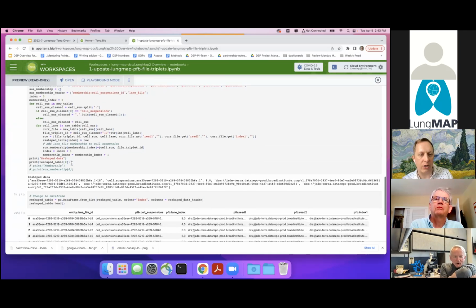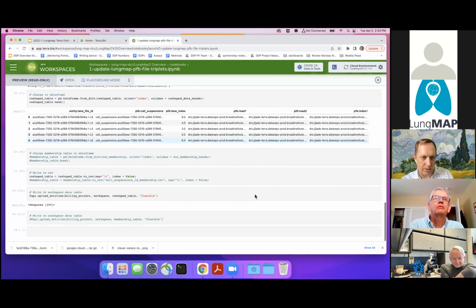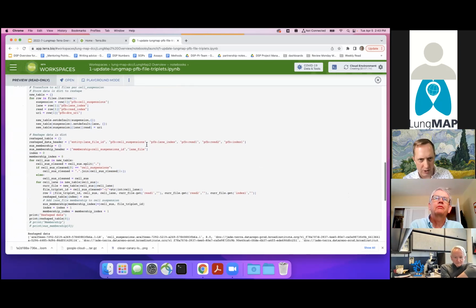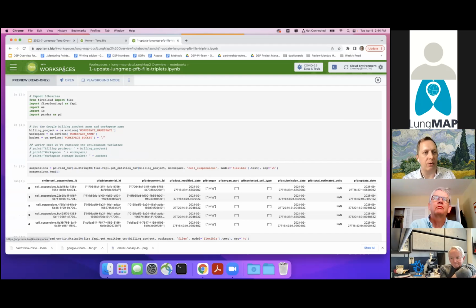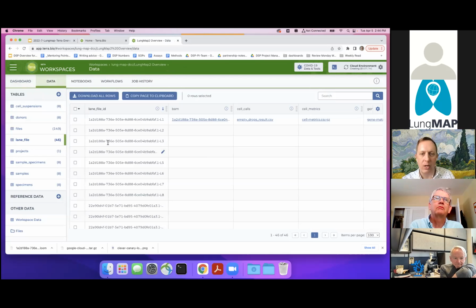And then after restructuring it, I'm checking the new thing that I'm making, that lane file data table, and then sending it back out to the data table. So this is just uploading, managing, reshaping it, and sending it back out. It's very logistical, but it allows me to automate what I'm doing and, especially if it was very large, to do it very easily for myself. And what that ends up giving me at the end of the day is a new metadata table